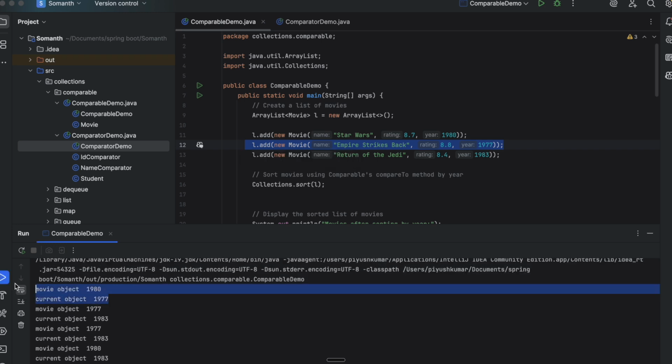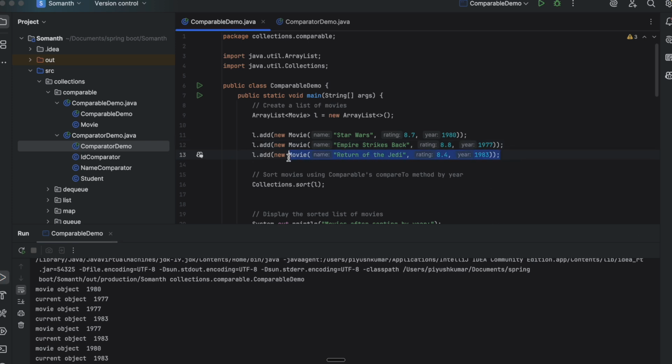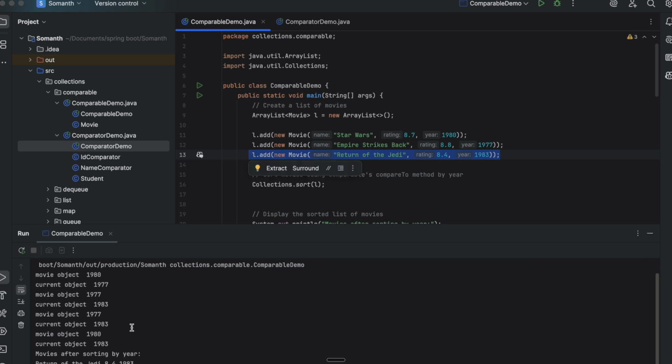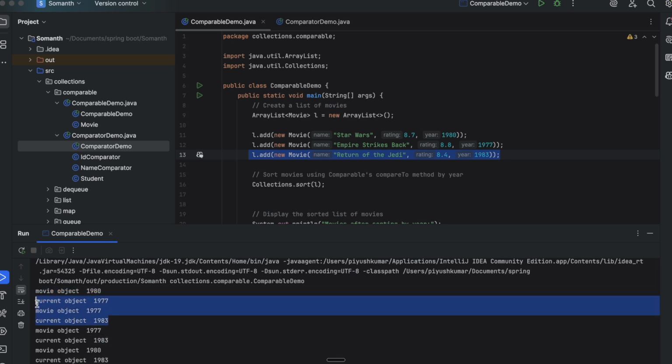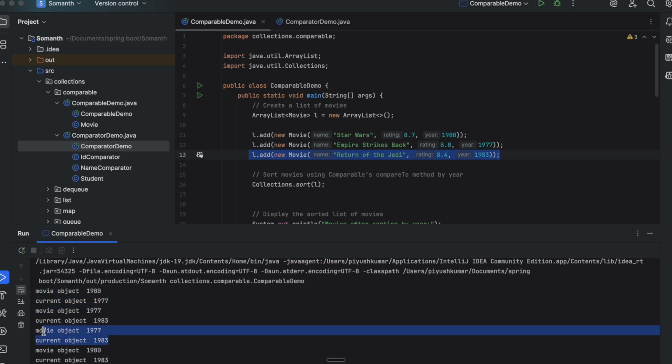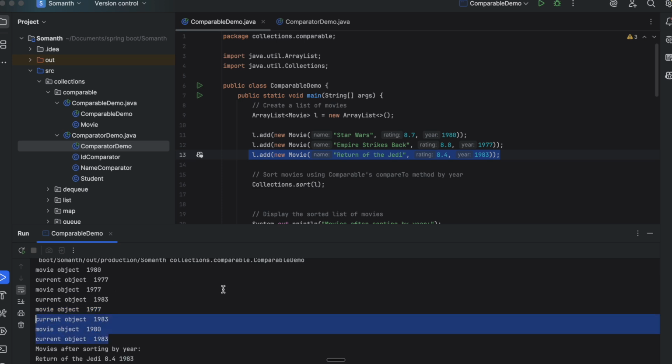Then in the next, the movie object is 1977, and the current object is 1983, because we created this second line. So the first line is this, the second line is this, and the third is this, 1977 and 1983. Then how did 1980 and 1977 get compared? Because we are trying to